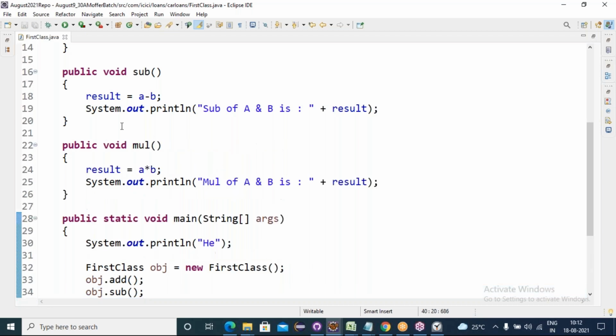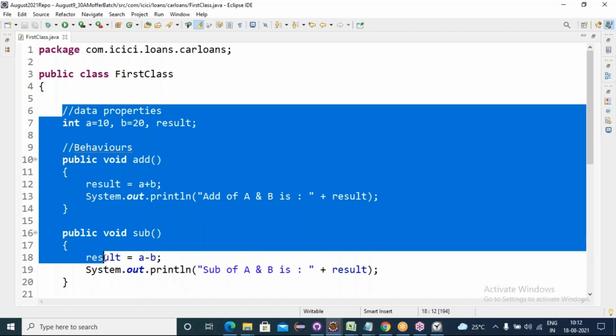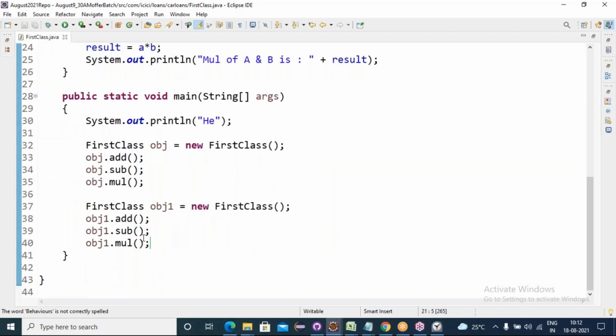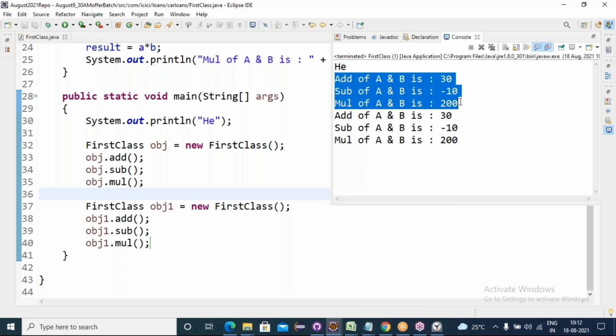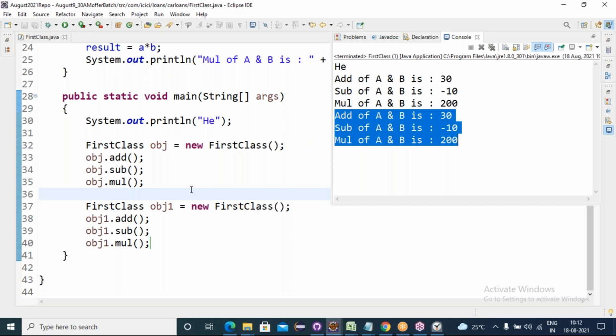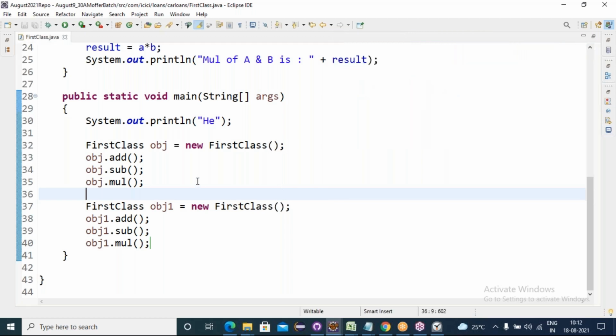If you want to execute the same class plan again and again, you create multiple class objects, because a class is a collection of objects. If I run this program, this is the first object's output, and this is the second object's output. Is everyone clear? Yes, sir.